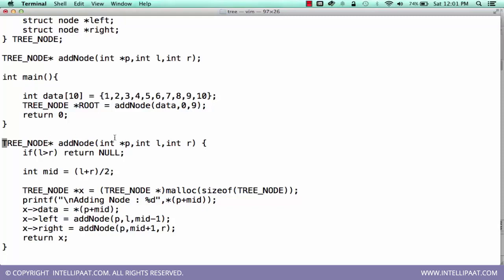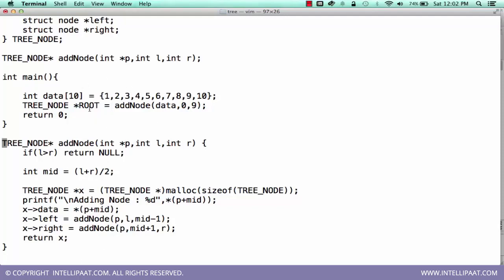And now we are using this in our main function, which returns a root node, and this root node will be our primary node to work with. So this is how this program will create a binary tree and return a root node. To be more specific, this function will create a binary tree out of a given array,